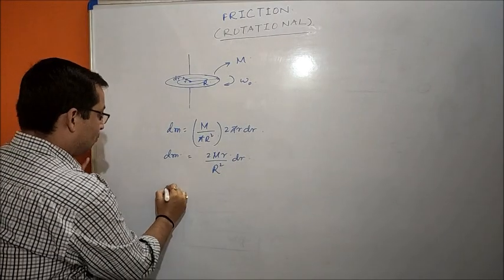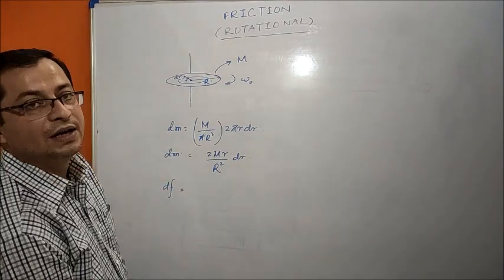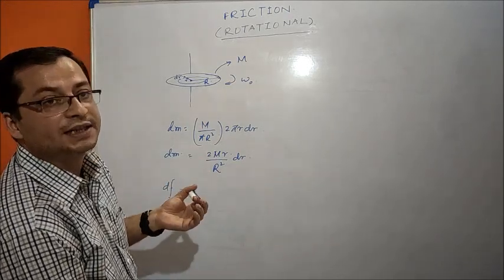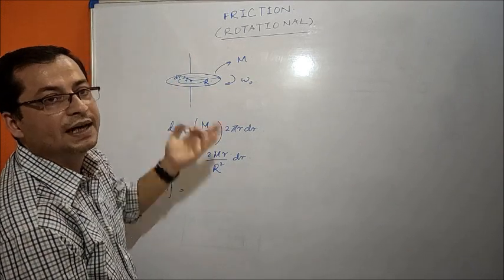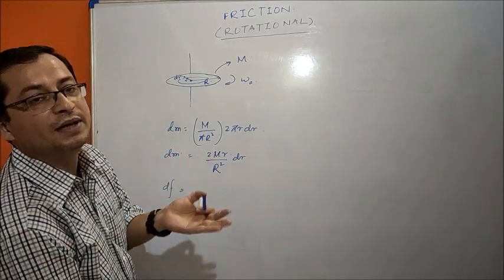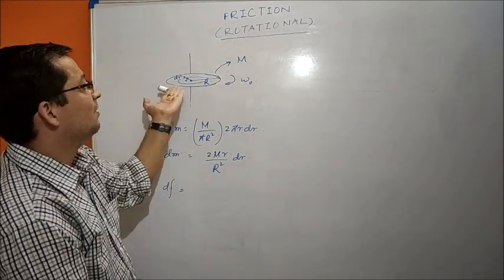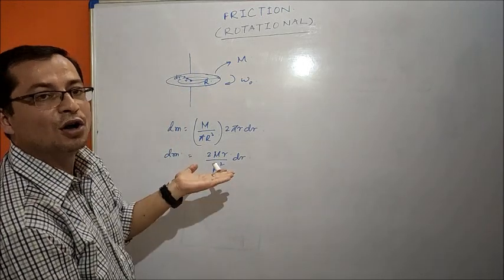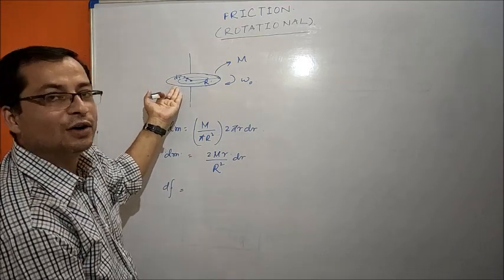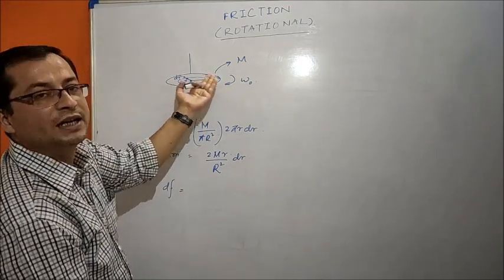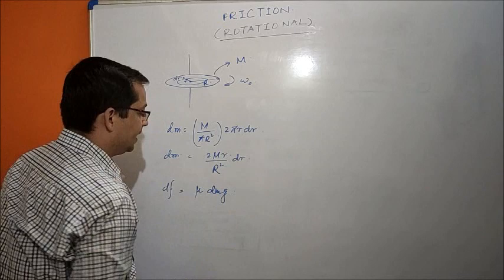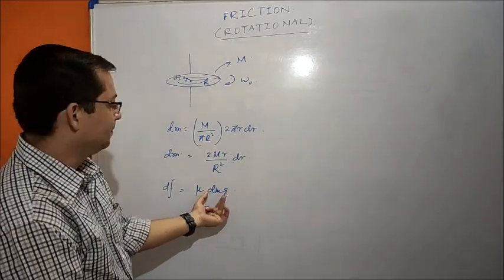Now we know that frictional force is equal to the coefficient of friction multiplied with the normal reaction between the object and the surface on which the object is placed, right? So if the object is placed horizontally, the normal reaction is equal to the weight of the object. So our disc is horizontal over here. So if it is placed on a horizontal surface, the normal reaction experienced by the disc will be equal to the weight of the disc, right? So since we are assuming a small circular strip, the frictional force will be mu dm g, right? Weight of the small circular strip into mu, right?